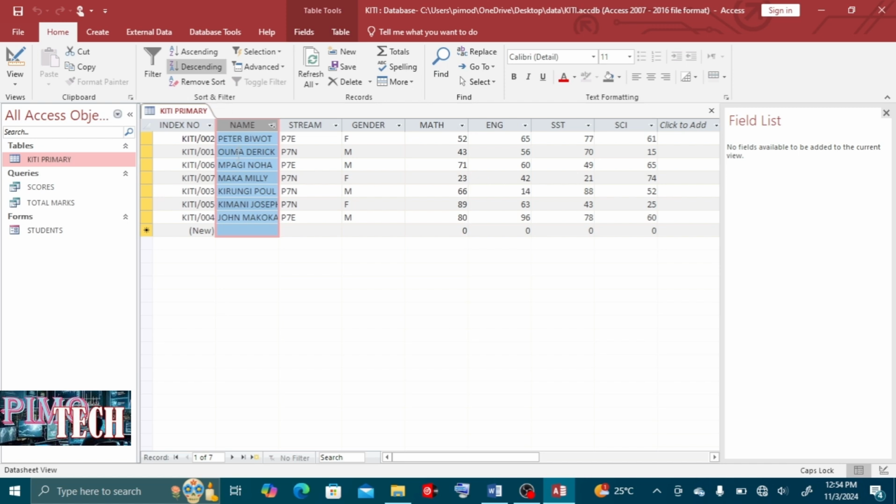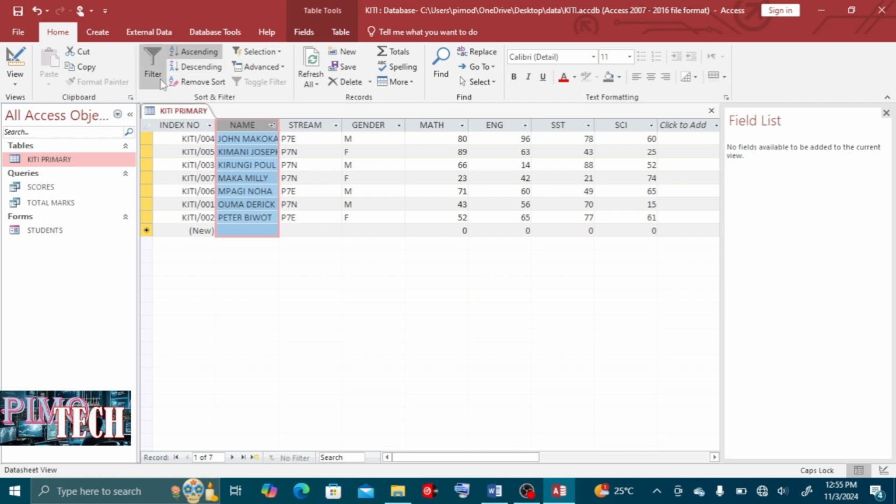But as you are seeing them, they are in ascending, meaning from A to Z. But if they say descending, you come here in the sort and filter group of the